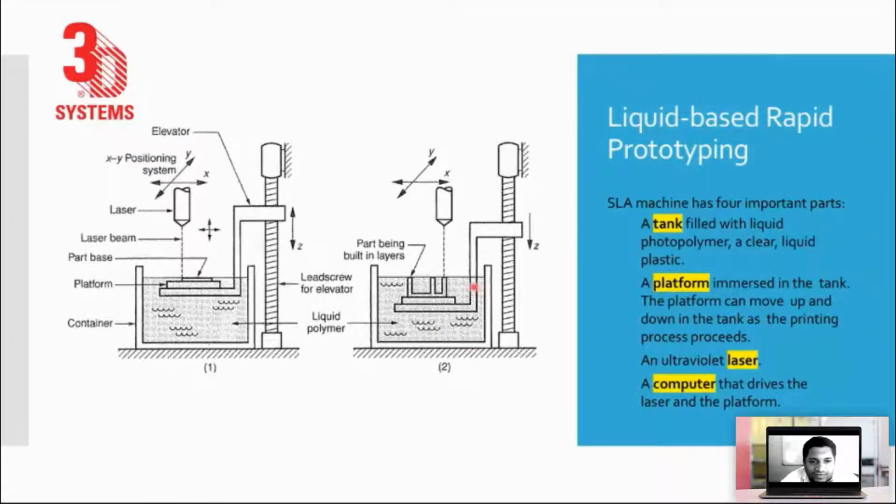Then we have the platform. Then we have a laser. This is a laser head, and it is going to shoot a laser beam. Laser is light energy which has a lot of energy inside. When that light energy strikes a material, it produces heat, so it is either going to melt the material or cure it, depending on what kind of material is on the bed. And then we need a computerized numerical control, CNC, for the laser head and for my platform, so that the platform can move up and down and the laser head can move in the X and Y directions.